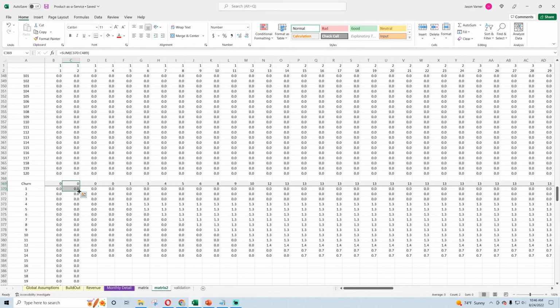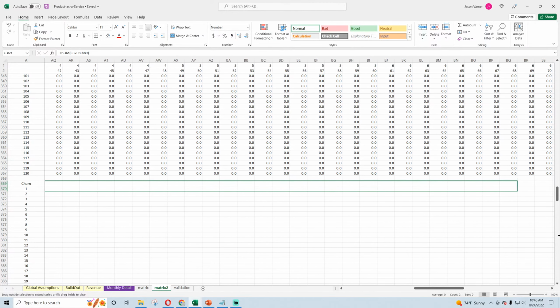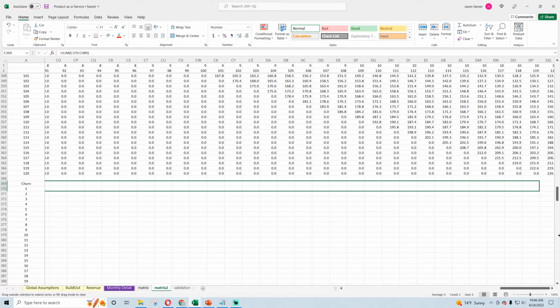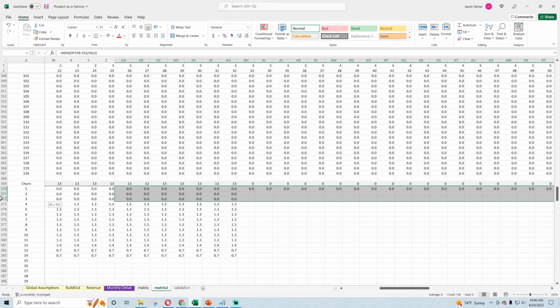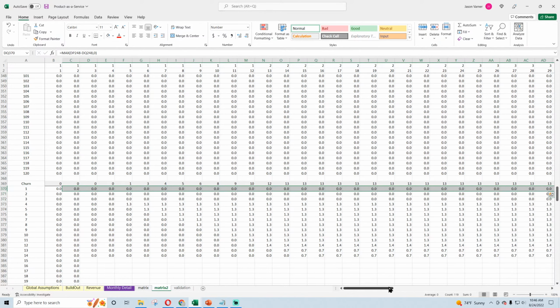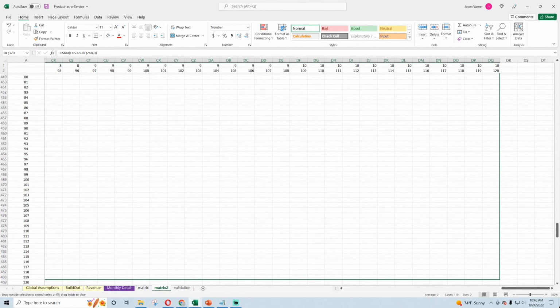Let's drag this all the way over. And once we finish this, we can do a test and say, does my ending customer count match the customers lost versus gained? Which it will, and that's another sanity check to make sure the calculations are done right.